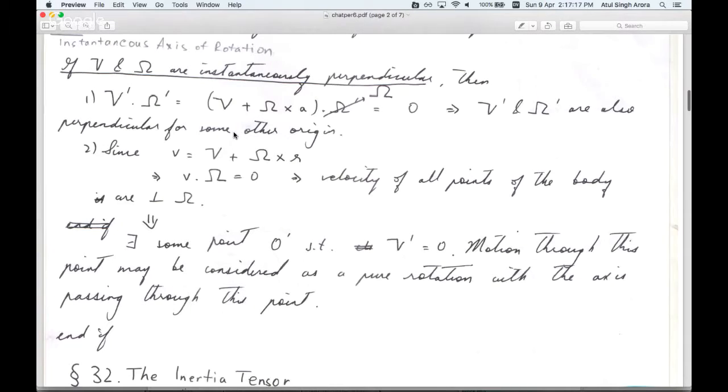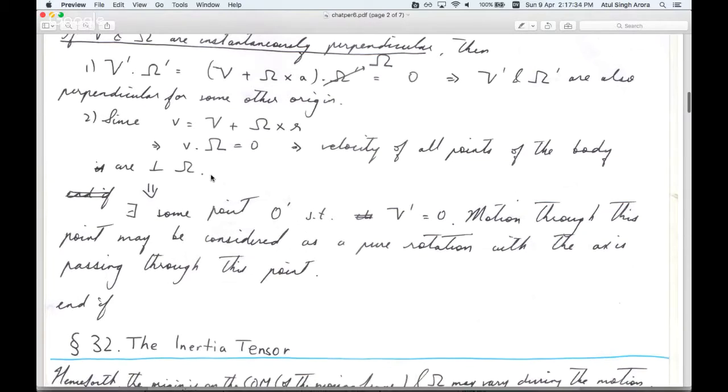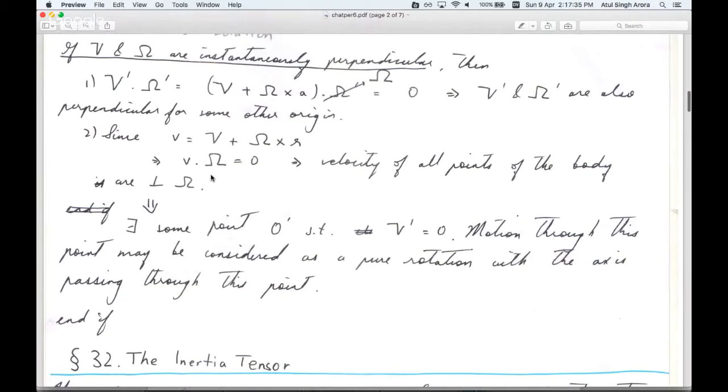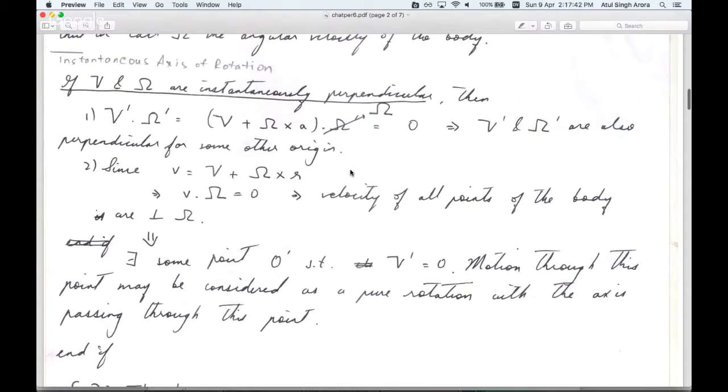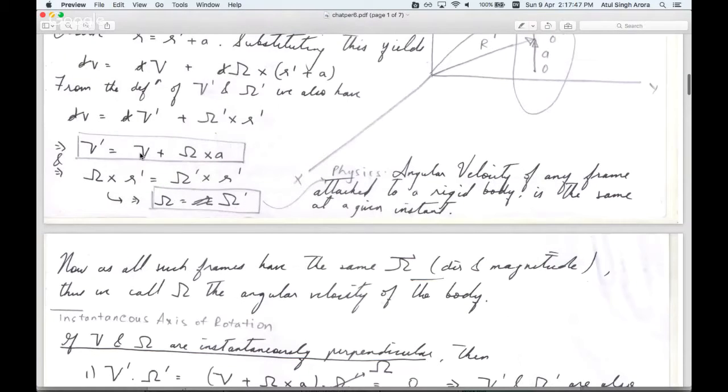Next thing you show is that the velocity of all the points of the body are perpendicular to the angular velocity. That you do by just writing small v as the expression we had, v plus omega cross r, and when you do the dot product, you will see it's perpendicular. Okay, so now if you have v and omega perpendicular, then you can actually construct v prime to be such that, remember, your v prime was v plus omega cross a. So if omega is perpendicular to v, then you can always find some a so that